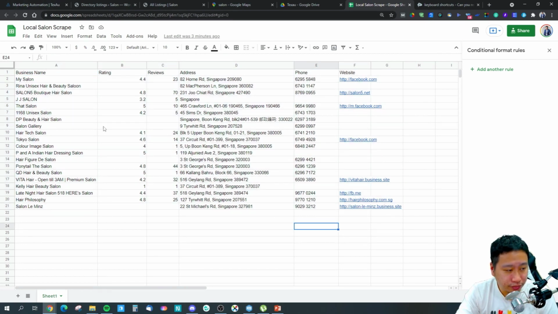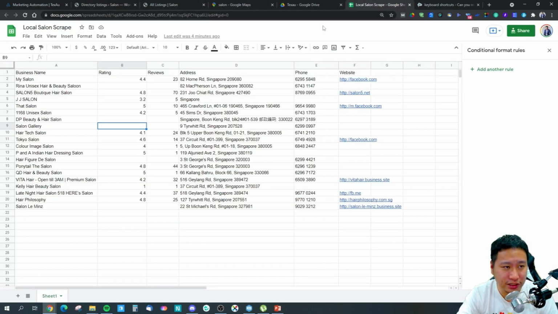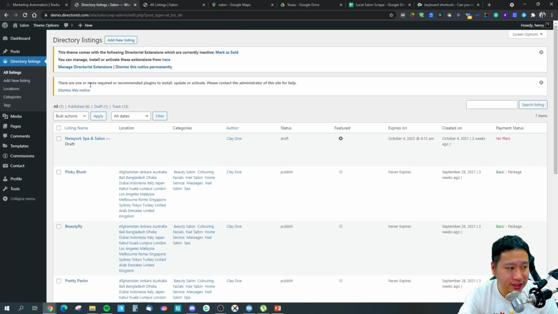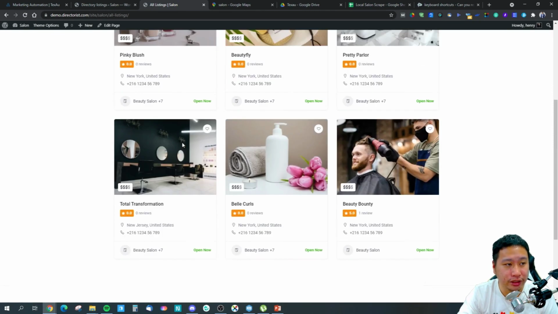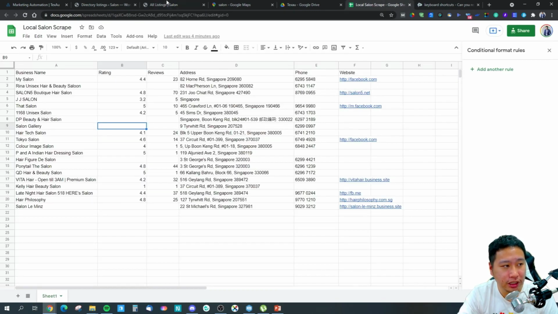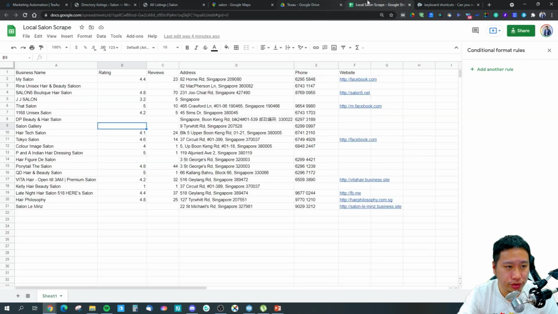So this is the first page of Google Maps, and these are the results. What happens then is you want to head over to directories and upload the listings using the CSV file right here. Upload the listings into directories, and you would have all the different salons on your website. And then you reach out to these salons. You can call them, you can grab their email address, and tell them,